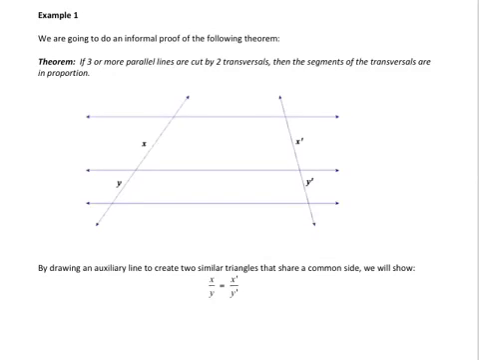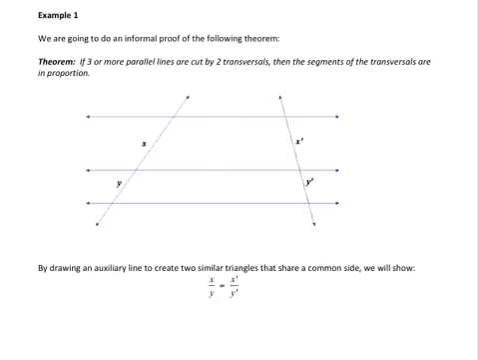In this lesson, we're going to apply the side splitter theorem to parallel lines cut by transversals. And we're going to do kind of an informal proof. The theorem is, if three or more parallel lines are cut by two transversals, then the segments of those transversals are in proportion. So here we have three parallel lines, or we're going to say they're parallel, and they're cut